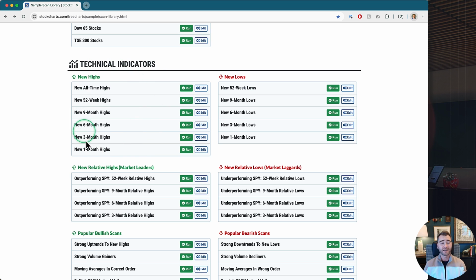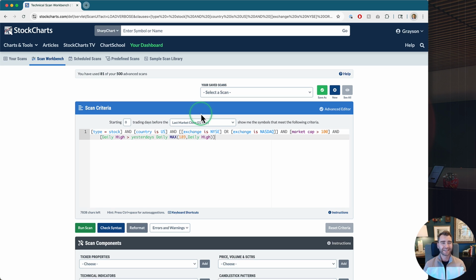So I spend a lot of time scanning for new highs across these common time frames: all-time highs, 52-week highs, 9-month, 6-month, 3-month, and 1-month highs. Now, again, you can hit run, and that'll just run those scans, show you all of the stocks and funds that are making those new highs. Or if you wanted to sort of filter this down, maybe you want new 9-month highs for a specific group